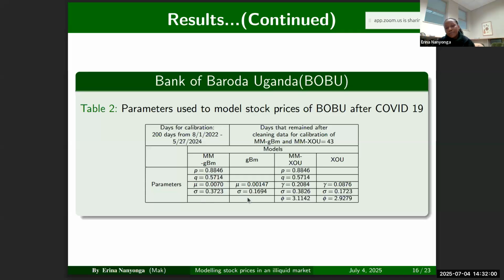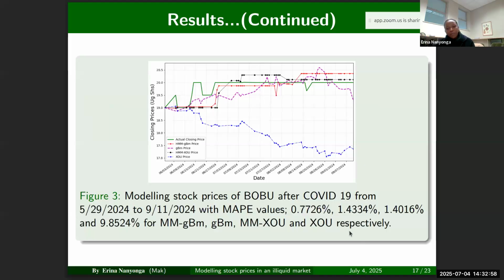In each case, the volatility of the models that were not combined with the Markov model was smaller than that of the Markov models, because the SDEs, the GBM or XOU, were calibrated using data containing repetitions, yet the Markov models were calibrated using cleaned data. So after cleaning the data, the GBM was later used to predict the prices without the constant prices. So for the Bank of Baroda, the MAPE for the